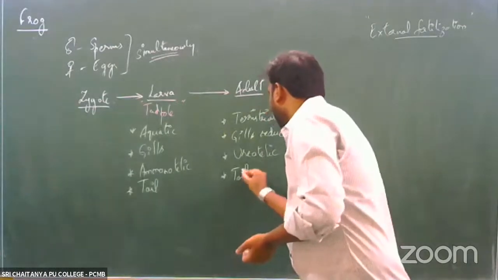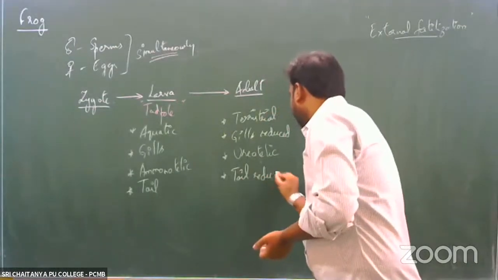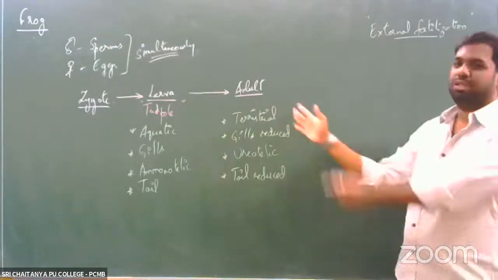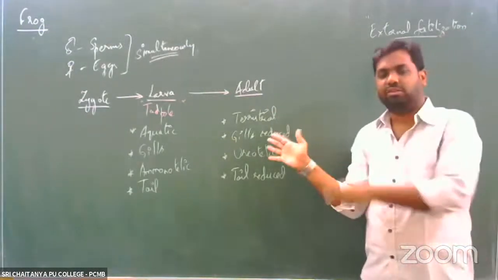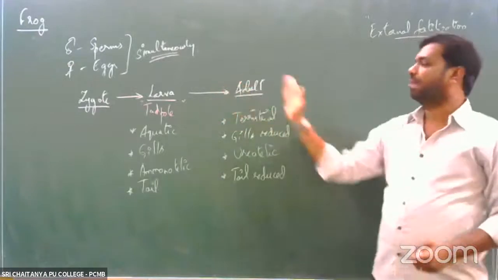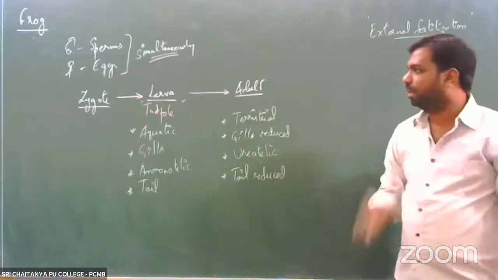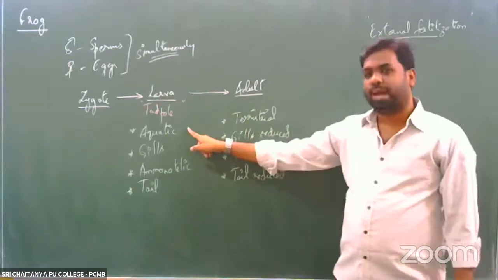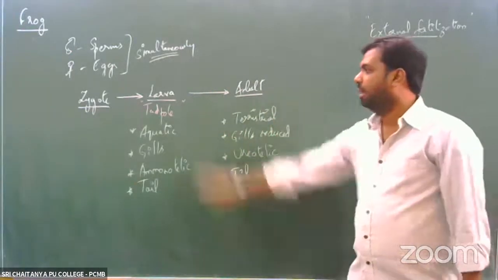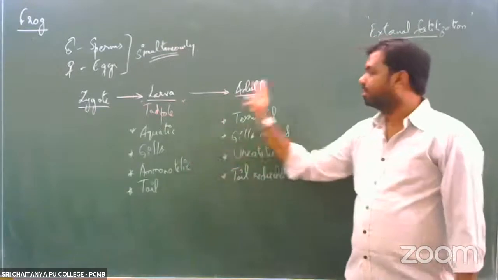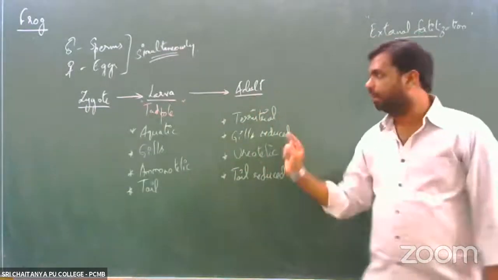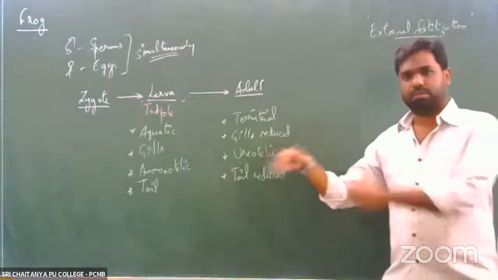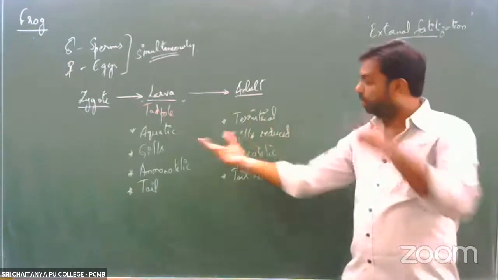Right. So the tail would be highly reduced in these organisms. Yeah, so these are just a few morphological differences to name between the larva as well as the adult organism, right? So aquatic organisms, terrestrial. Larva is said to be aquatic, adult organism, terrestrial. Larva respires through gills, adult organisms, gills are said to be highly reduced. Larva, they are ammonotelic, adult organisms, they start converting the nitrogenous waste from ammonia into urea.